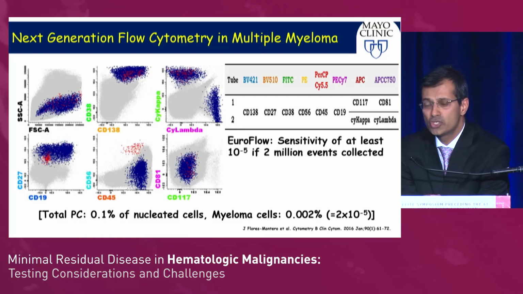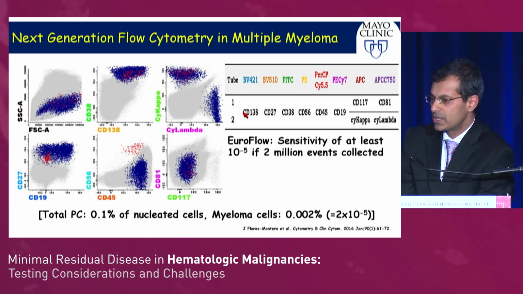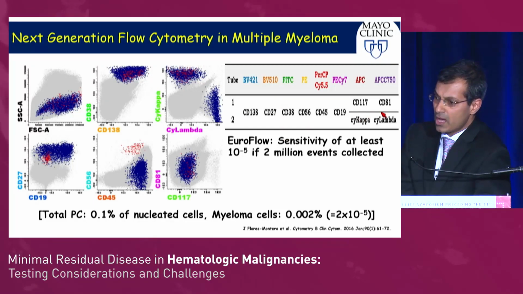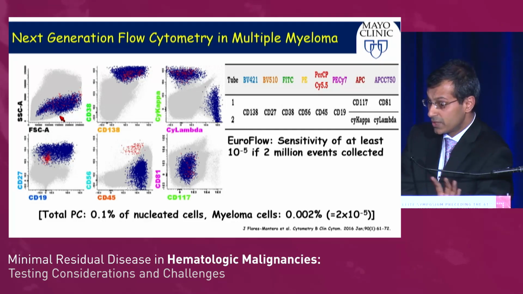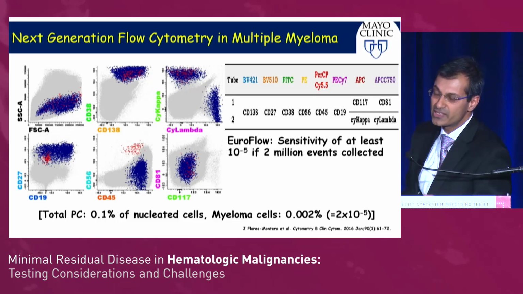And one uses two 8-color tubes, and these are the antigens against which the antibodies tagged to fluorophores are utilized. On your left, you can see these dot plots which are being used to detect aberrant plasma cells. And this is a case of a patient who was considered MRD negative when the testing